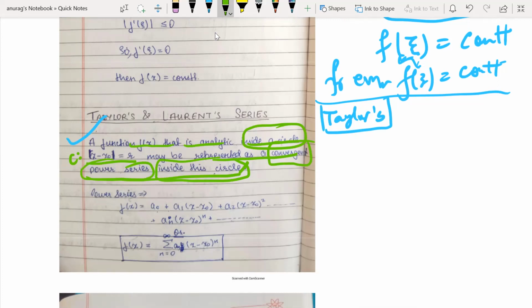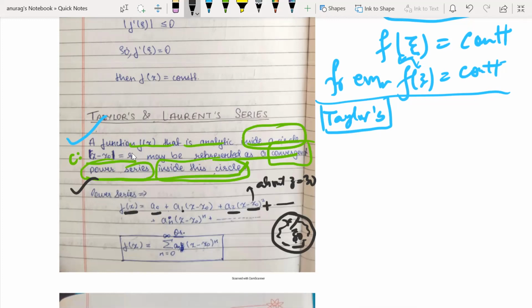What is convergence? I have already discussed it in unit 2. On series convergence, you can see we have discussed so many tests, the ratio test, the p test. You can read that. Power series means, suppose you have any function, it can be written as a naught plus a1 (z minus z naught) plus a2 (z minus z naught) squared and so on. And we are expanding the power series about z equal to z naught. We are dealing only inside the circle whose center is z naught and radius is r. I'm not going on the boundary, I'm only inside the circle.